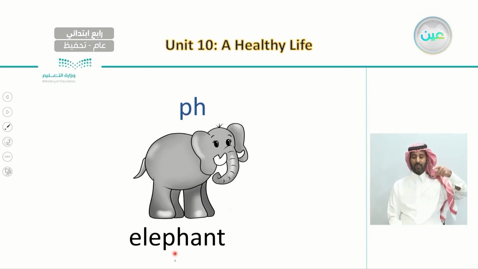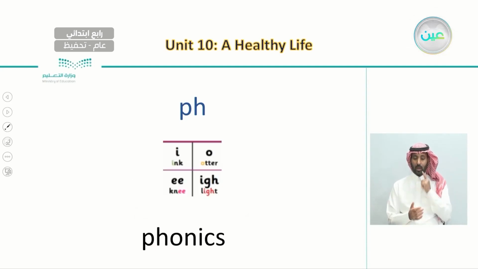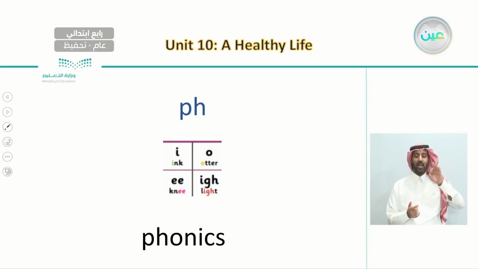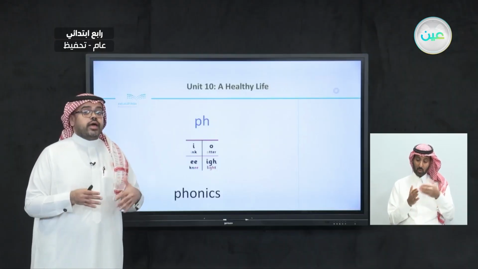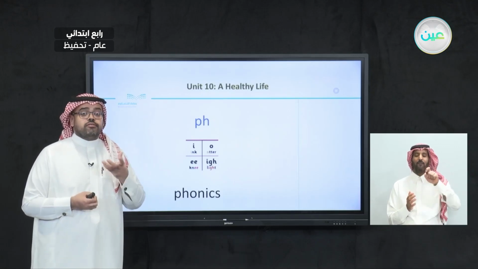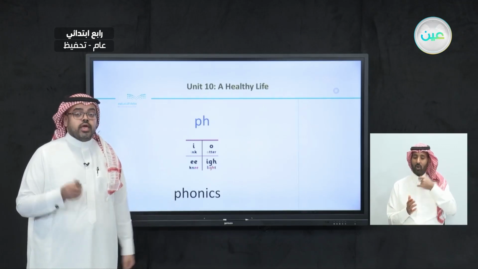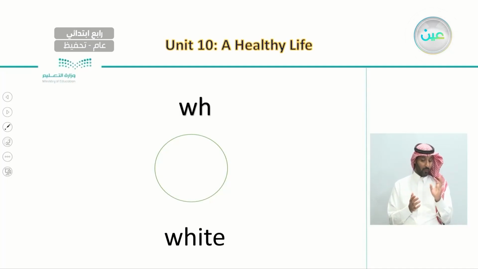Elephant. Phonics. So from these examples, we now know that any word that has P and H, whether it is at the beginning or in the middle like elephant, should be pronounced with an F sound. Phone, elephant, phonics. Now the last set of letters we have is words with WH, like white,